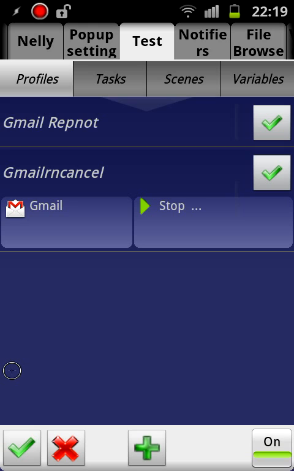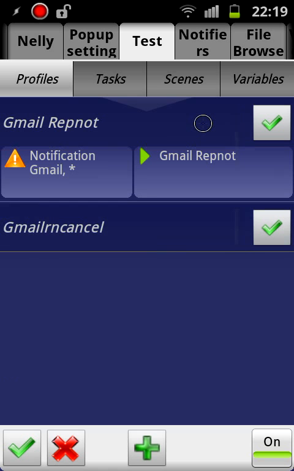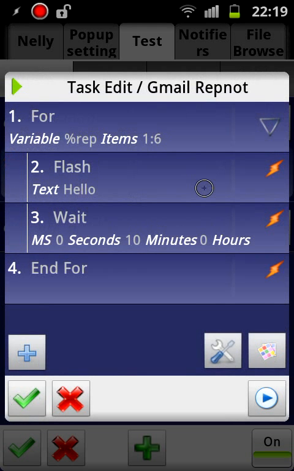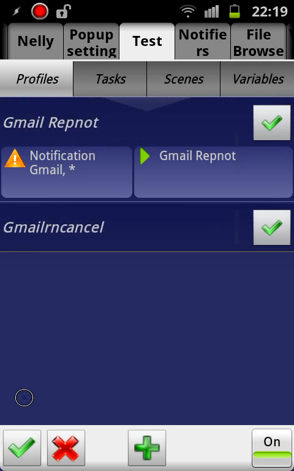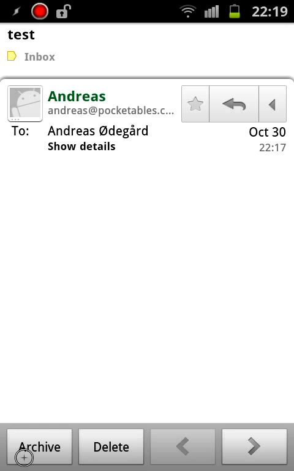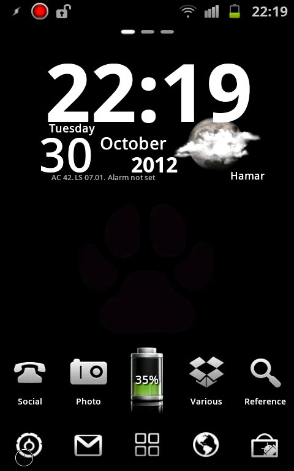So, two profiles, 5 tasks in total, not very much, and you can customize it however you want. Basically, you can have sounds in here and maybe your own notification. You can use longer waits, shorter waits, more items to make it repeat more times, and so on and so forth. So it's a simple thing to do. You just need to know how, and it's actually a very useful thing to have. I can see why the reader wanted this